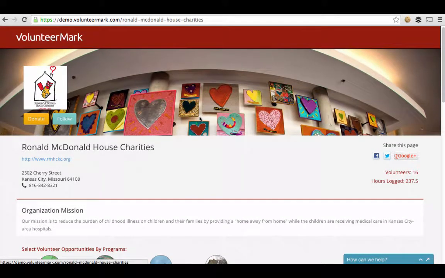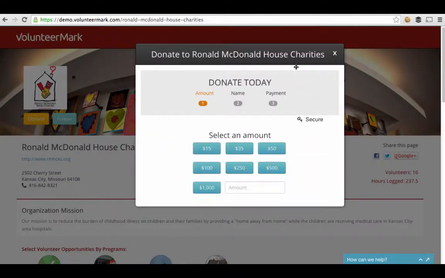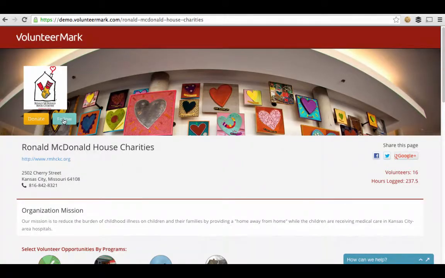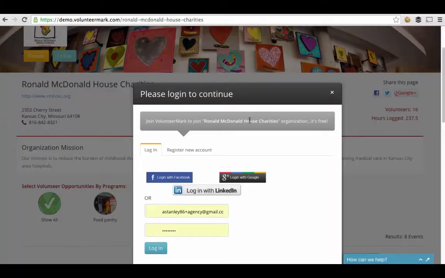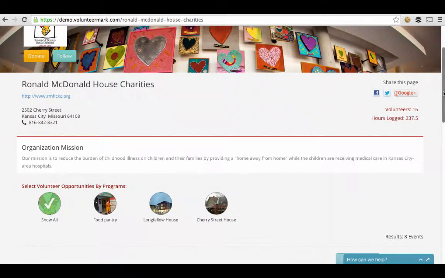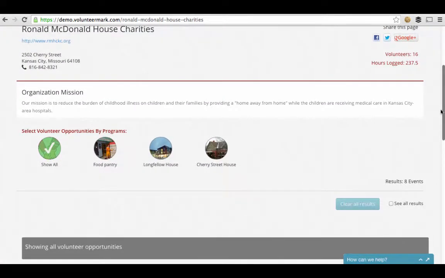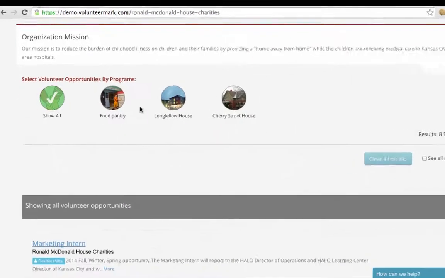customized by the organization. They uploaded this background image, their logo, and choose the colors. From here, I can make a donation as a volunteer by clicking the donate button, or I can directly follow the organization to be updated about upcoming opportunities to get involved. Or I can scroll down to learn more about this organization, see their contact information, and browse by programs at